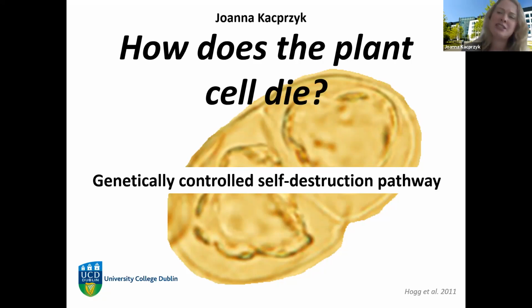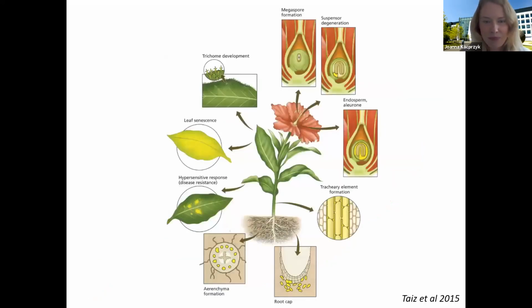So usually when I mention programmed cell death, people are more familiar with cell death programs from the animal world, things like apoptosis and its relation to cancer, neurodegeneration, and so on. But PCD processes are just as important, if not more, in plant life. Plants are sessile, they're not moving away from a hostile environment or attack or anything like that. So they must have evolved unique strategies to cope with these stresses, and PCD is a part of such strategies.